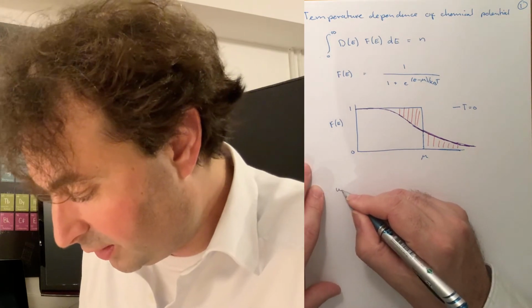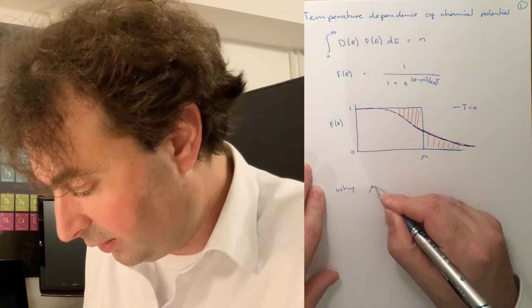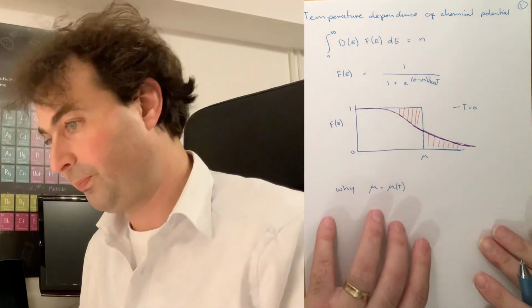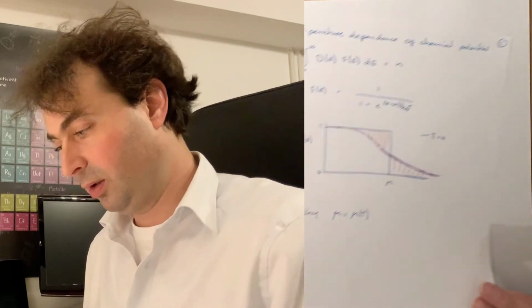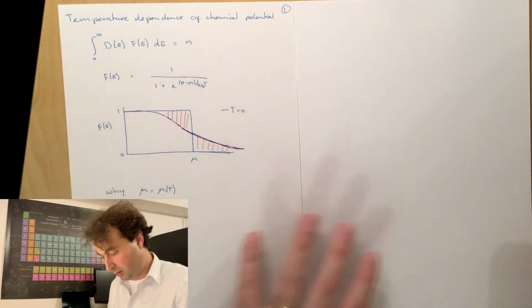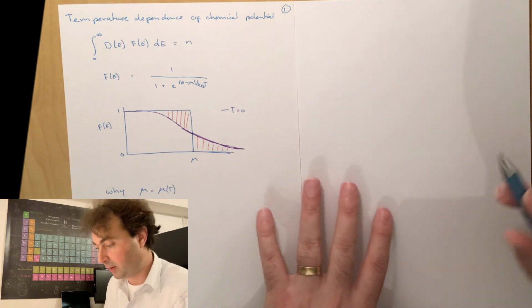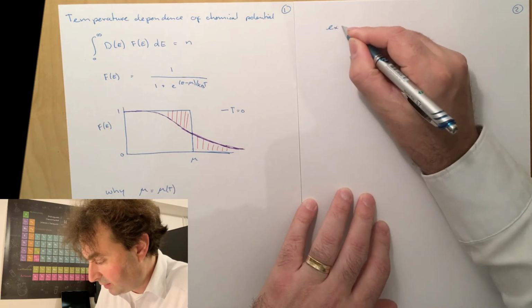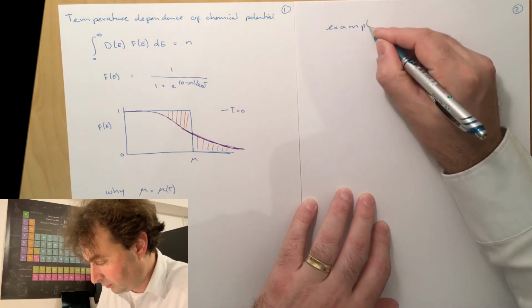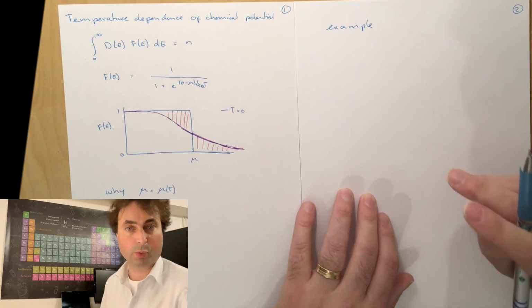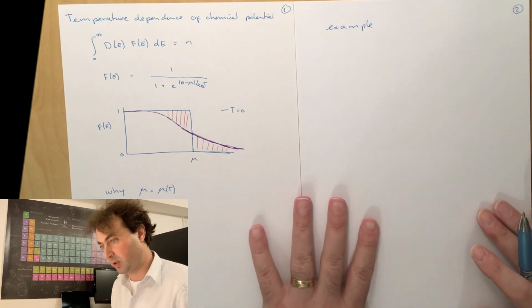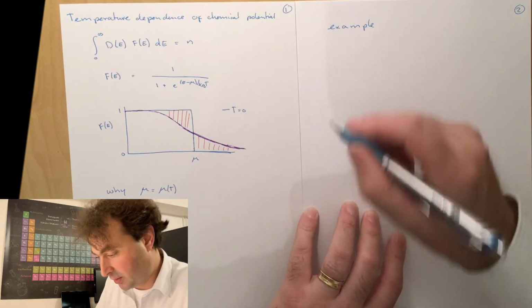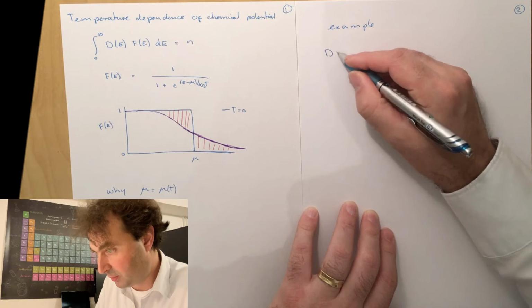So we can ask the question, why is our chemical potential a function of the temperature? And for that we have to realize that the number of particles needs to be conserved in our system. Let's have a look at an example before we derive the temperature dependence of the chemical potential in the Sommerfeld model. But there is actually a reasonable intuitive way to understand why the chemical potential has to be temperature dependent and